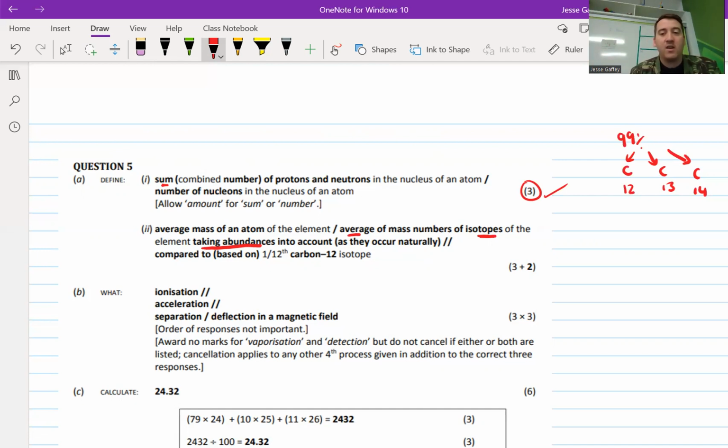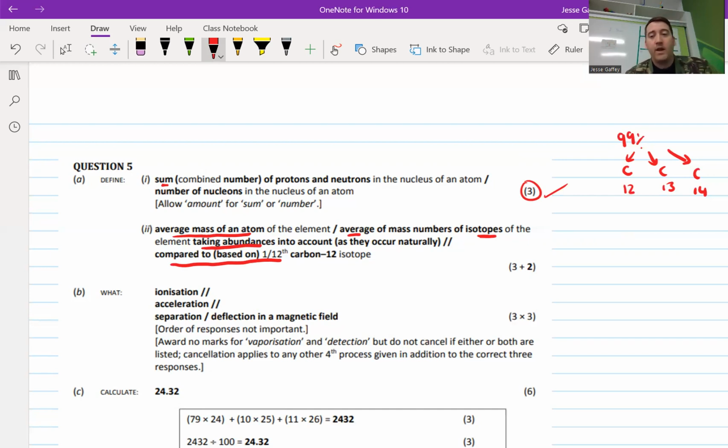And that's why the relative atomic mass is closer to 12, it's 12 point something, rather than closer to 13 or 14, because most of the carbon in the world is carbon-12. So let's go through that again. What do we want to have here? We want the average masses of an atom, or average masses of isotopes of an element, taking abundances into account, and then we want to compare that to 1/12 the carbon-12 isotope, or based on 1/12 of the carbon-12